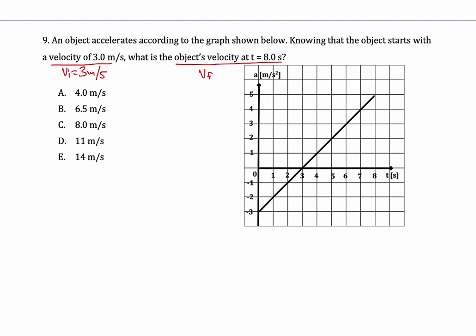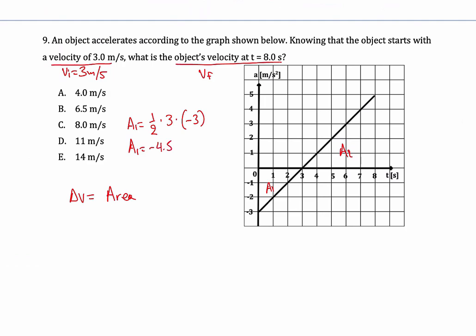But we need to remember that from the acceleration versus time graph, the change of velocity is equal to the area under the graph. Now, we have two areas from 0 to 8 seconds. We have the first area that is negative and the second area that is positive. Now, the area 1 is half base times height, the base is 3, and the height is 3, or since we have a negative area, I will consider it negative 3. So the first area is minus 4.5